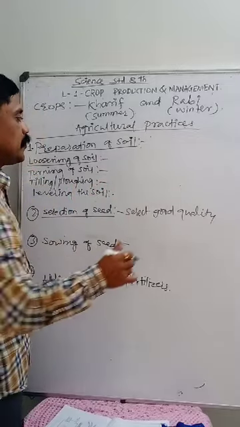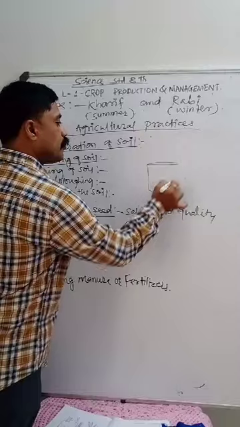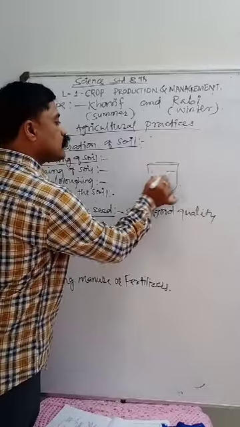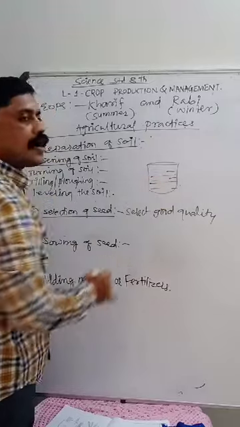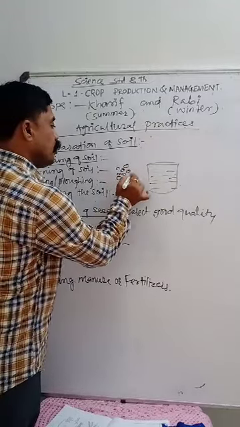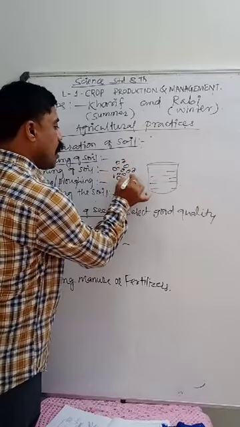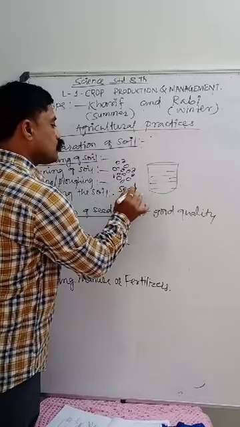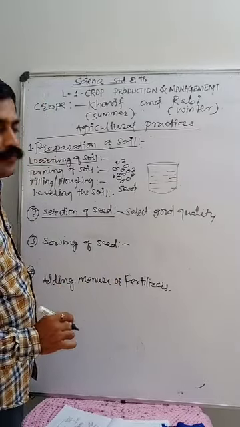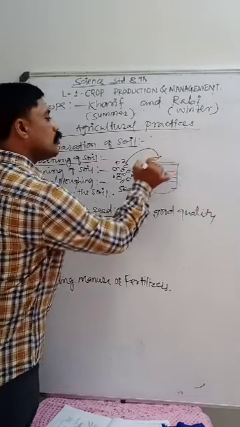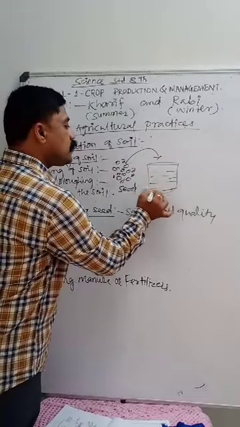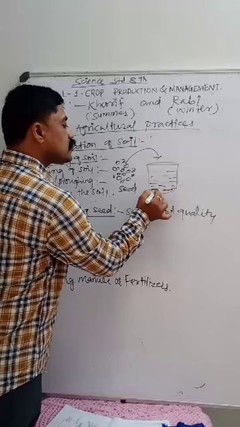So one simple experiment is there: take a beaker, and in that beaker or bowl take water and add all these seeds, whatever seeds are available. These seeds are not all of good quality, only a few are of good quality. How can we see? Put them all into the water, and after some time you will see that some seeds